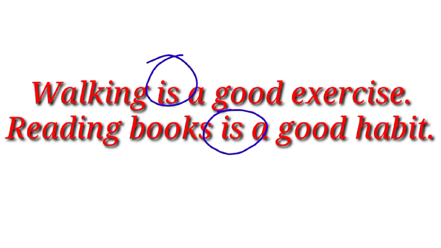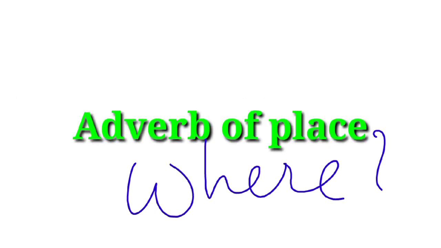Sometimes we see that gerunds also work as adverb. For example, he is going shopping, fishing, riding, swimming, visiting. Here we see that shopping, fishing, swimming, and visiting are working as an adverb because they are giving the answer of where he is going. So they are just replacing the adverb of place.